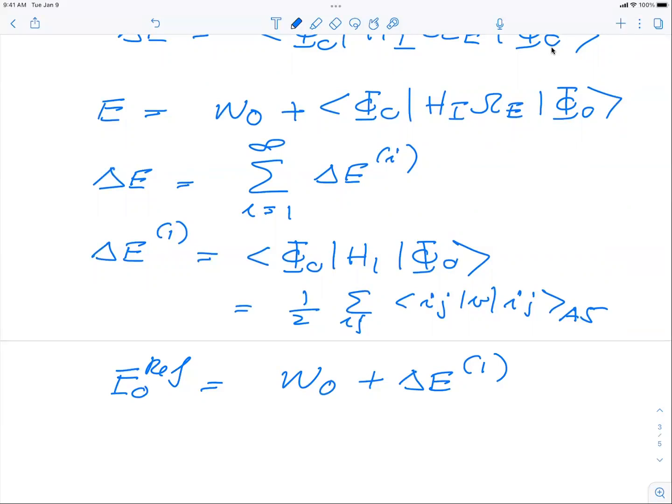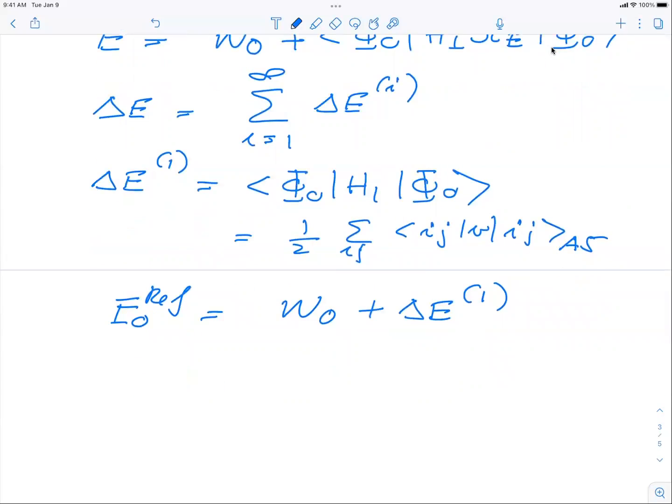So that means that the correlation energy which we have in FCI, when we take away the first order term, is actually going to be given by the sum from I equal 2 to infinity of this delta E